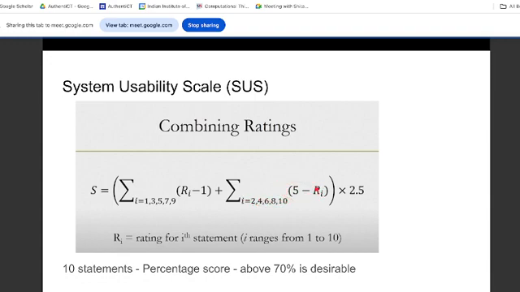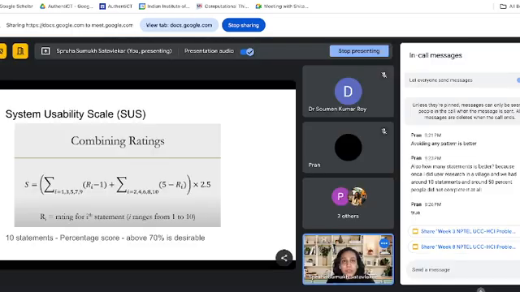do 5 minus Ri. Ri is the rating that they have given to the ith statement of the questionnaire. For positively worded ones you do Ri minus 1. Basically, if the rating scale is between 1 to 5, and they have given 1, that should be brought to 0. If they have given 5, that should be brought to 4. So you are just making the scale from 1 to 5 fit into 0 to 4 here for positively